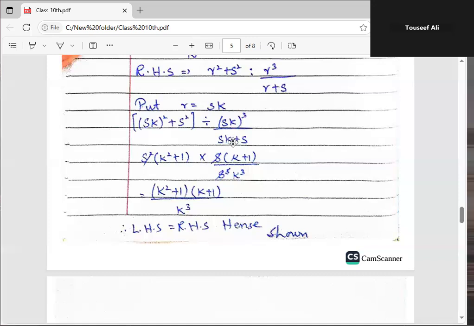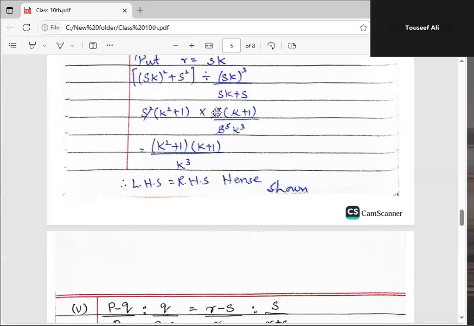Now in this term s is common, so by taking s common, the remaining term is 1. So s into k plus 1 divided by s cube k cube. The cube is on s and k both, so separate this cube on s and k, so it becomes s cube and k cube. Now s square and s are both in the numerator, so s square and s become s cube. S cube is in the denominator also, so s cube in the numerator and denominator cancel each other. Then the remaining term is k square plus 1 into k plus 1 divided by k cube,